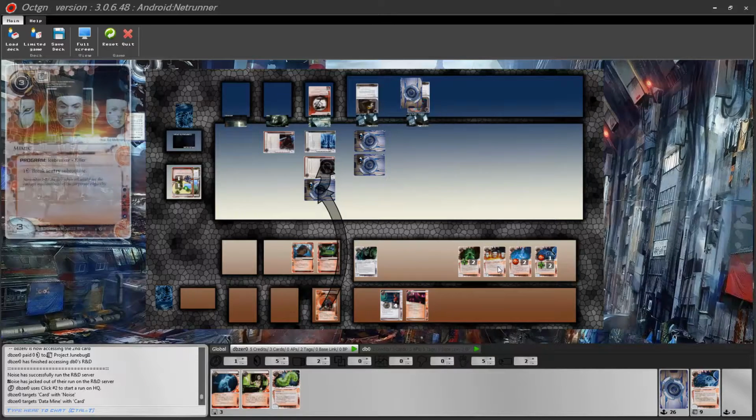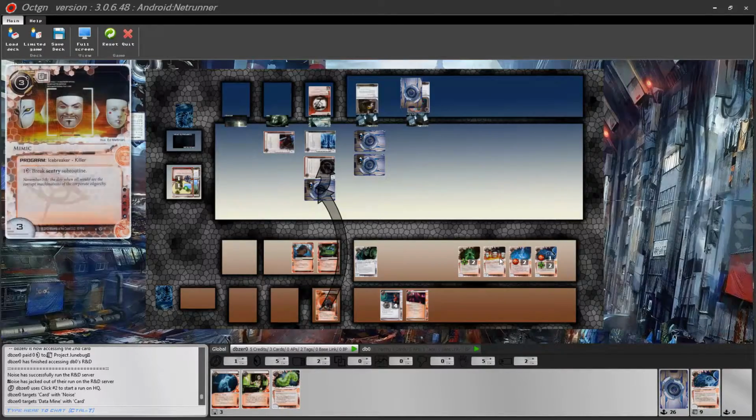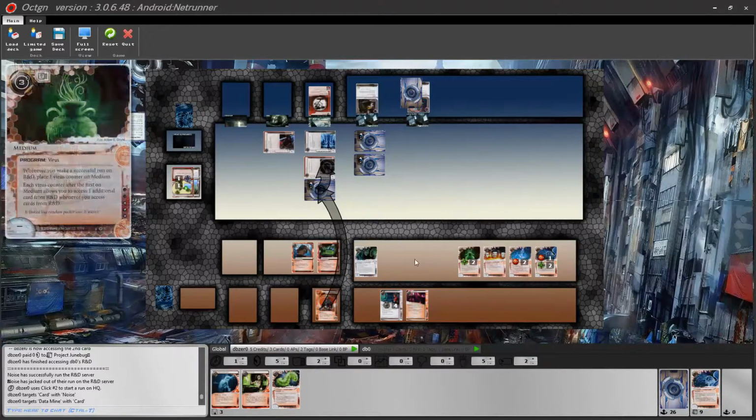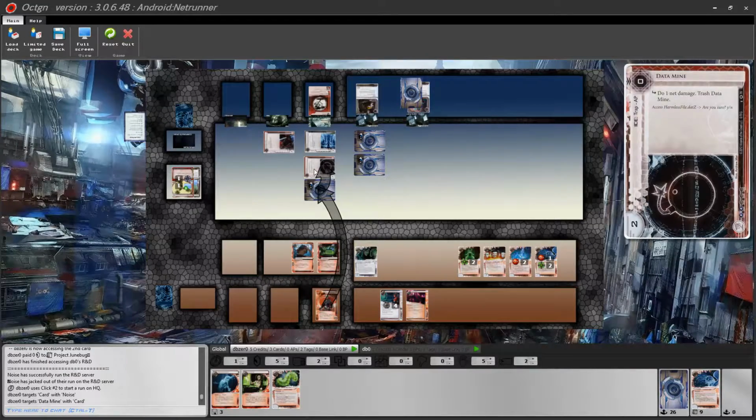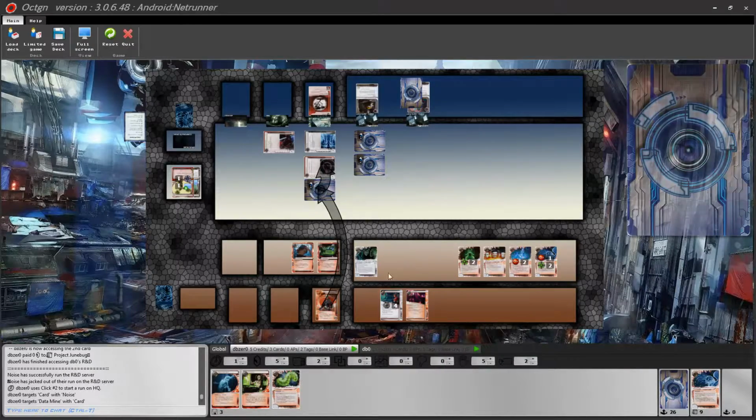The game will allow you to actually click an icebreaker that you're not allowed to use, but you're not supposed to do that. Just because the game allows you to double click on a card and claim that you're using it, it doesn't actually compare the icebreaker you're accessing, so you need to keep track of this. In this case, the only way we can break Data Mine is with a Crypsis. Let's say that we don't want to do this because we want to keep our Crypsis for the Enigma,